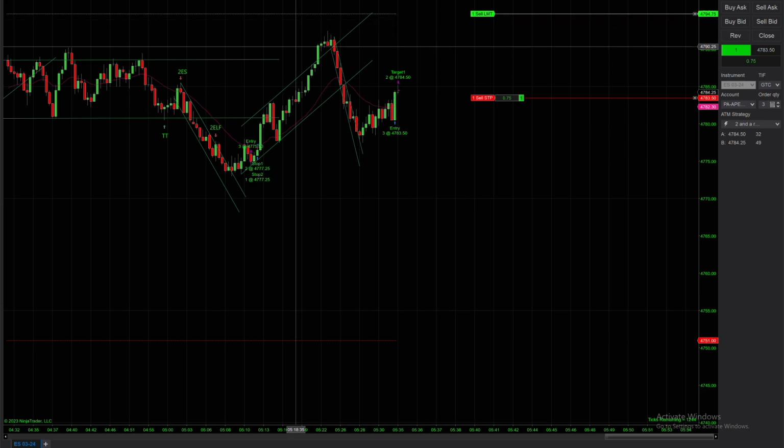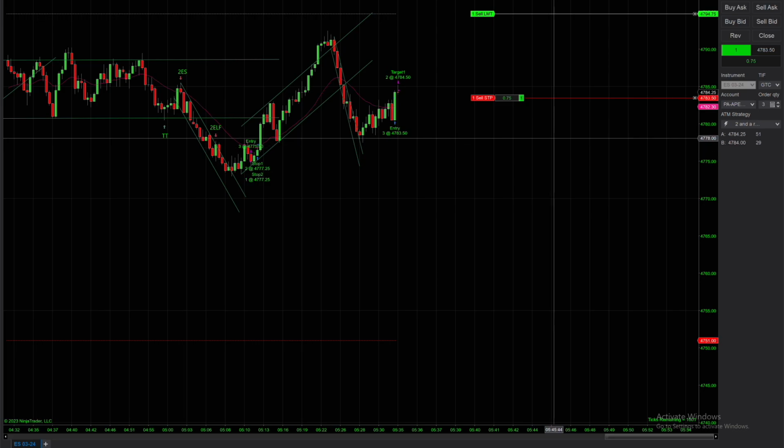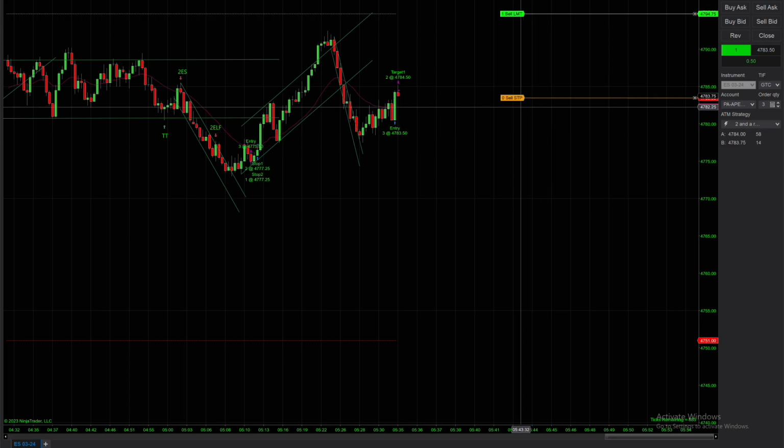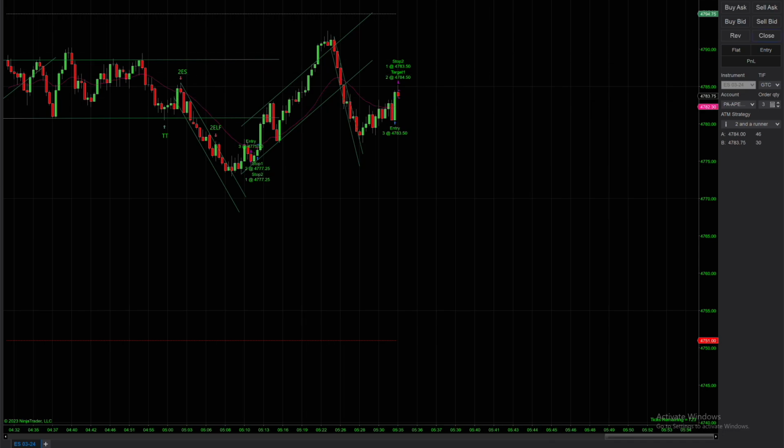But yeah, other than that, I think from there it went up a little bit more and then kind of went down, and then from there kind of just traded sideways and chopped up a little bit. But yeah, guys, that was pretty much it for the day for Thursday. Took a loss today, also took a win, got some of the money back, but it's all good.